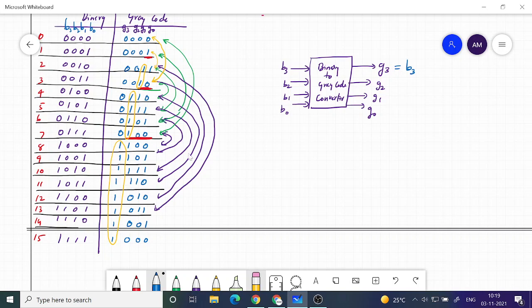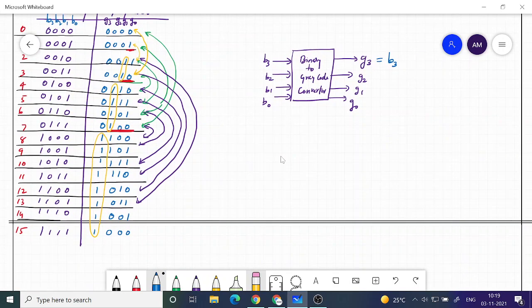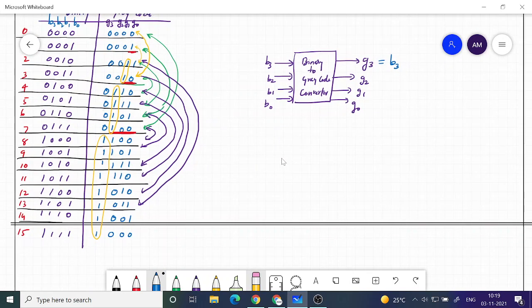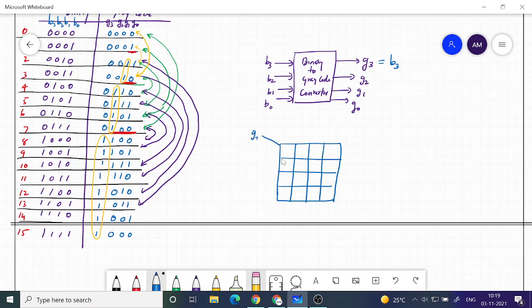Now, let's look at what happens to G2. I am going to draw the K-map for this case, and let's see what happens. I need 16 cells for G2, and these are B3, B2, B1, B0.